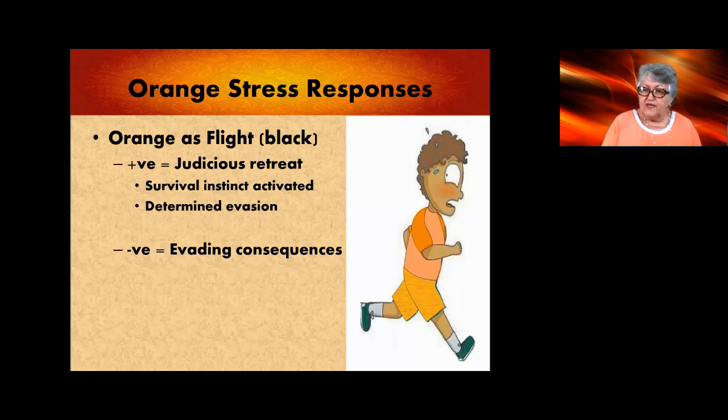There is a determined evasion. We can see what is likely to happen, and this is often quite intuitive. We can imagine what the consequences will be, and so we plan how to avoid that situation, or if we are caught up in it, how to get away from it as soon as possible. It requires the person to go away and to give themselves time out so that they can regroup their activities, their ideas, and to plan what to do next.